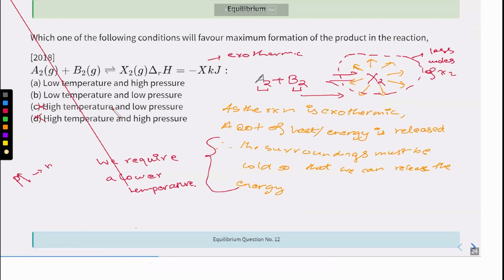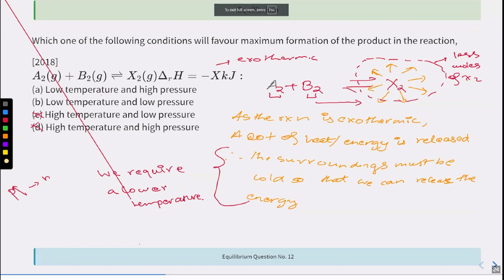So to absorb that energy in the surroundings, we know that the temperature present over here, for that particular thing, we need high